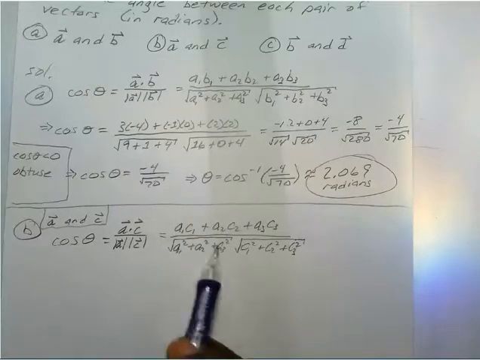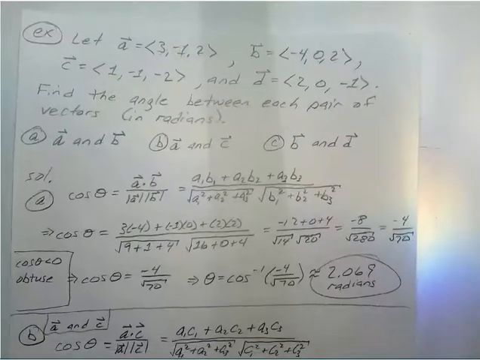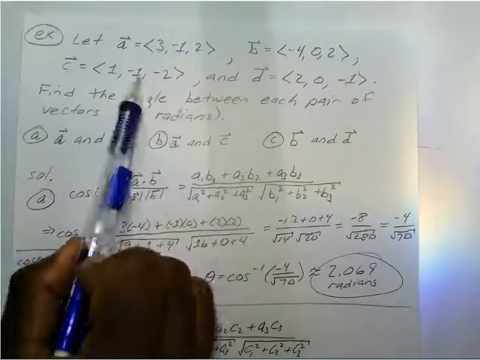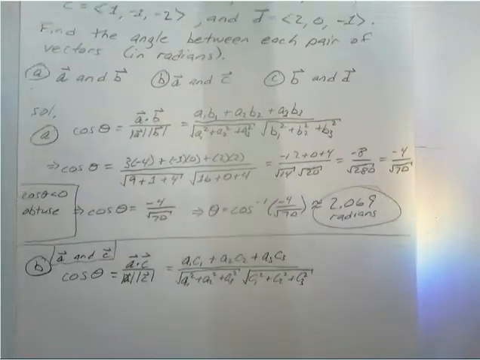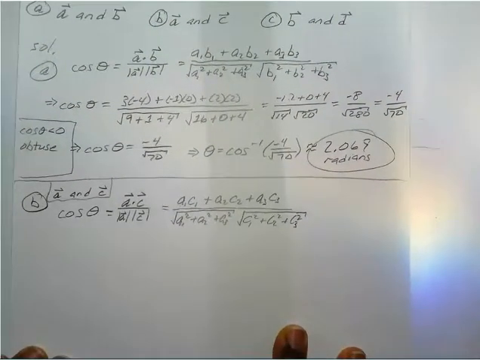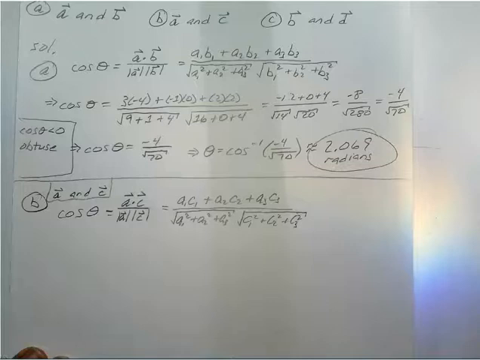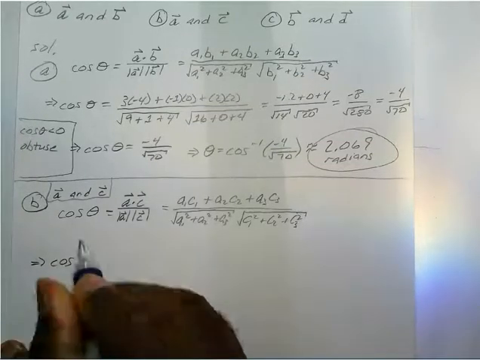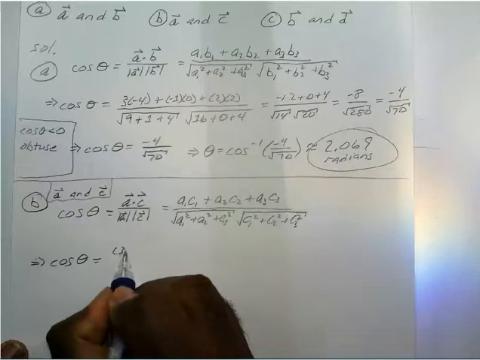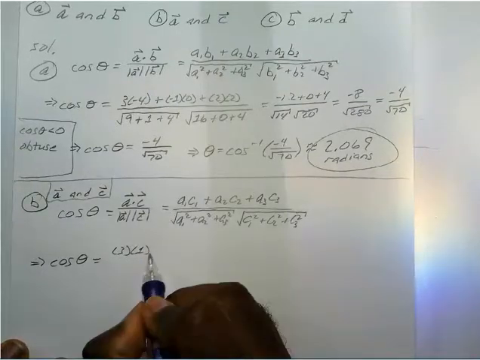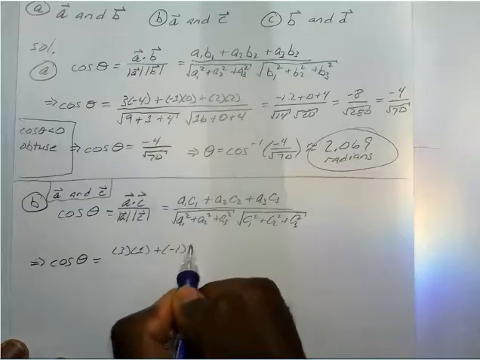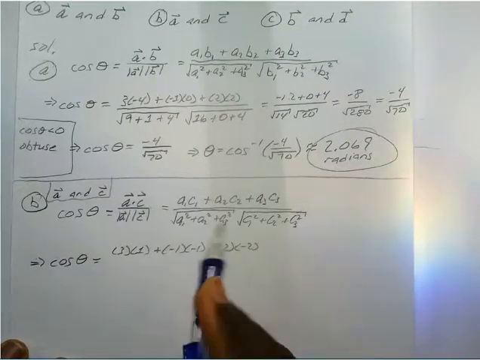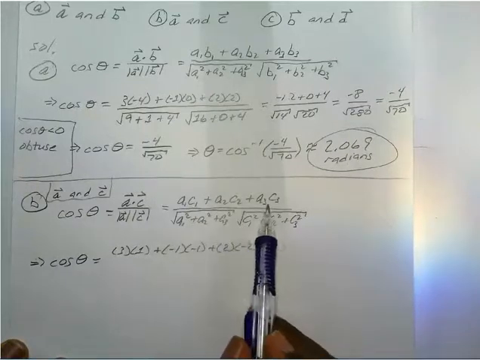Okay, so now we can go ahead and just plug those in because we know that for A you have A1, A2, and A3, and C1, C2, and C3. Okay, so those are your components. So we're going to go ahead and plug those in. Cosine of theta is equal to 3 times 1 plus -1 times -1 plus 2 times -2, for your A1, C1, A2, C2, and A3, C3,